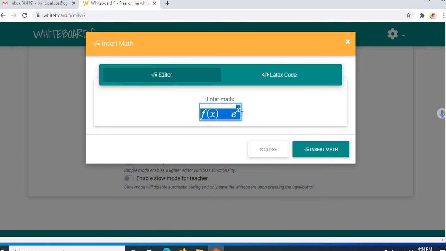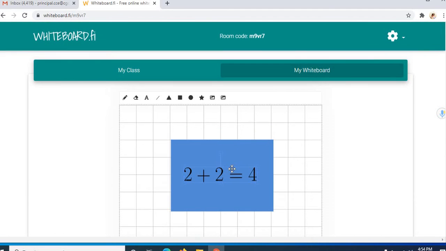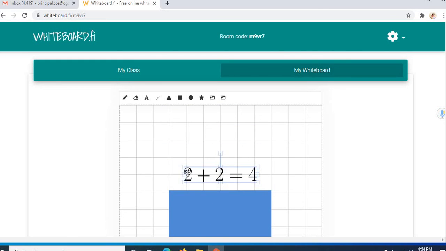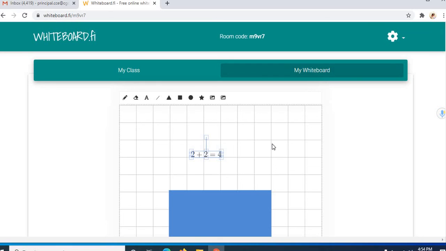Suppose I write an equation, 2 plus 2 is equal to 4, or any kind of equation you want to add. I just insert it, and then I can adjust the font size of this, and this way you can create your whiteboard.